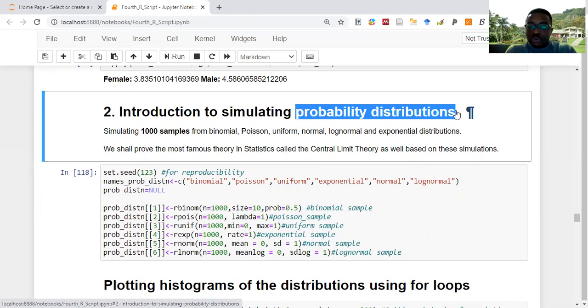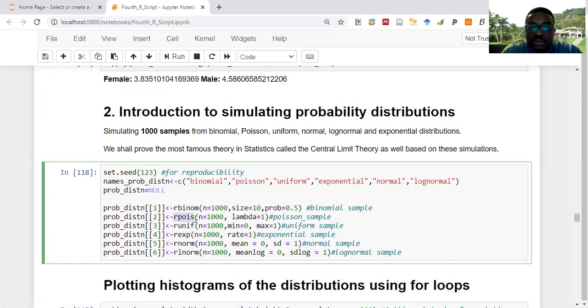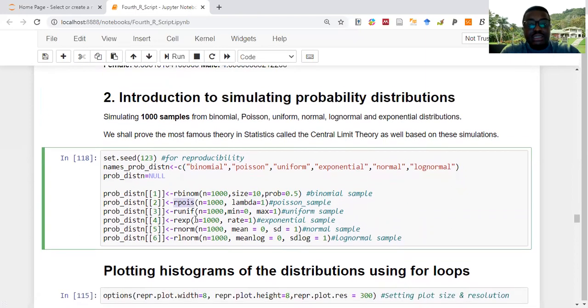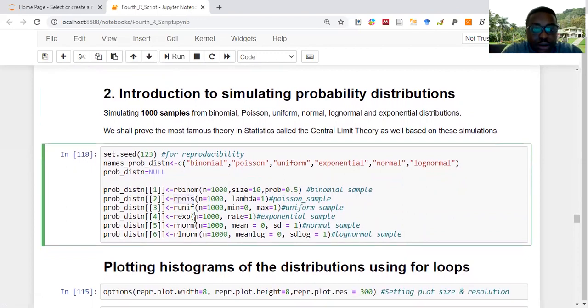Okay, so since we know that the mean is 5, I can actually simulate the number of potential road accidents that can occur there, using something we call, for instance, rpois. So rpois is simulating Poisson random numbers. I'll explain all these in detail over time, but for now, we just have to keep in mind that,